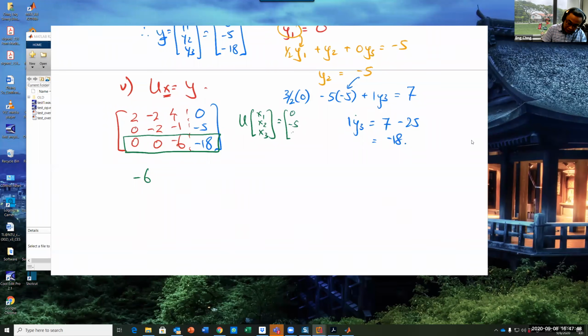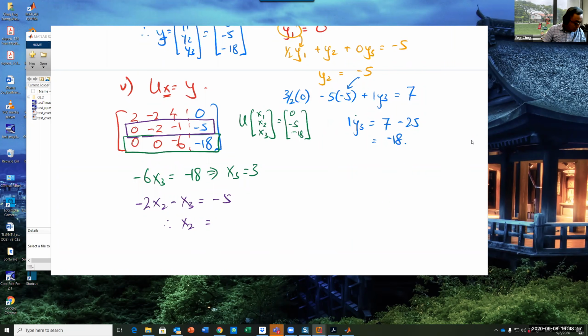The bottom row goes minus 6 x3 equals minus 18, implying x3 equals 3. And then we solve for the second row. So it's minus 2 x2 minus x3 equals minus 5. Therefore, x2 equals